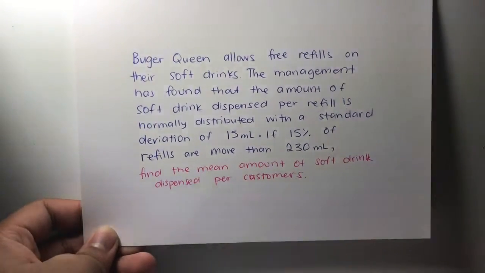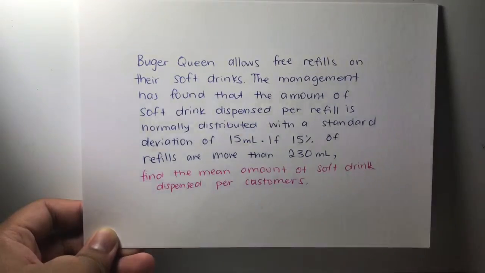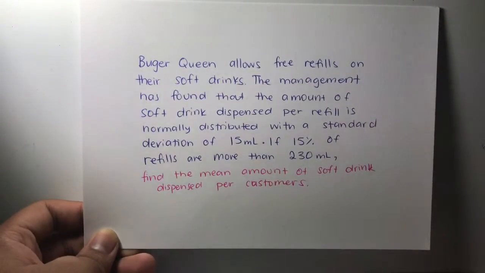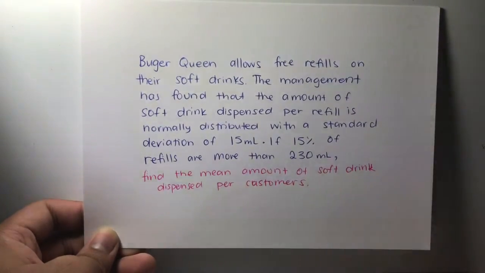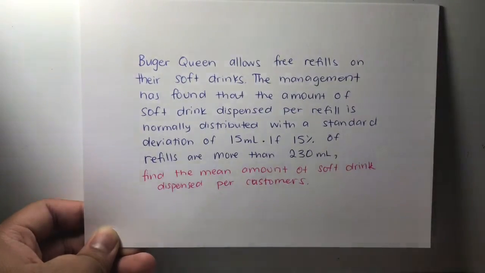Burger Queen allows free refills on their soft drinks. The management has found that the amount of soft drink dispensed per refill is normally distributed with a standard deviation of 15 mils. If 15% of refills are more than 230 mils, find the mean amount of soft drinks dispensed